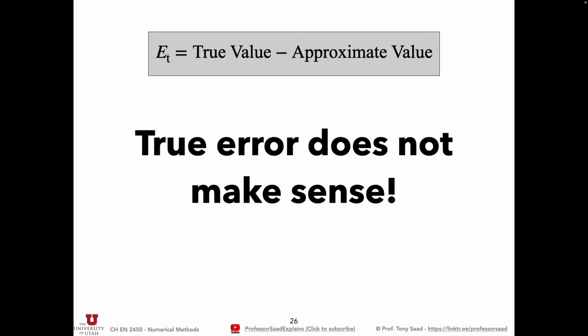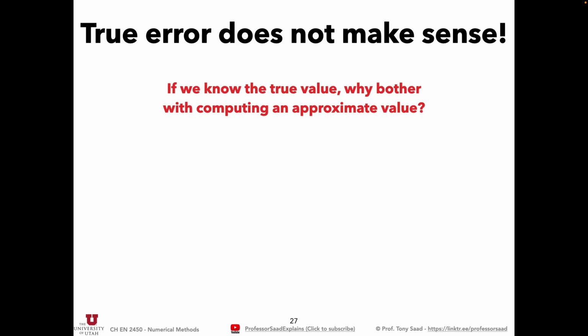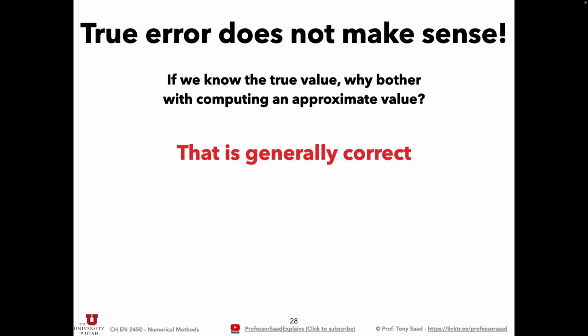So here's my claim. If you knew the true value, right, why would you need an approximate value in the first place? You just use the true value, man, right? Who cares? Okay. So if we know the true value, why bother with computing an approximate value? Now, that's generally correct. However,